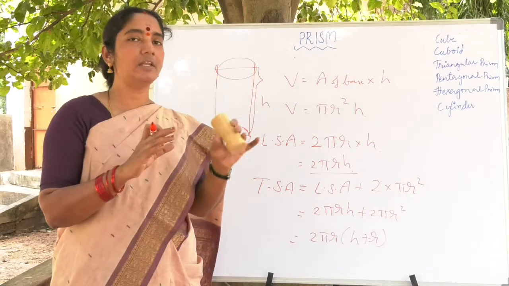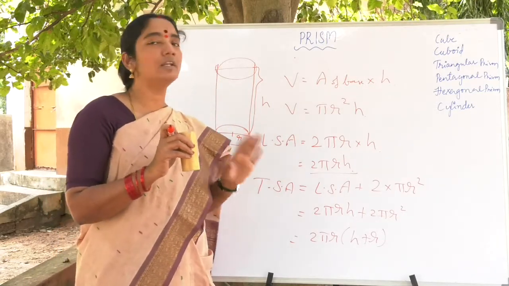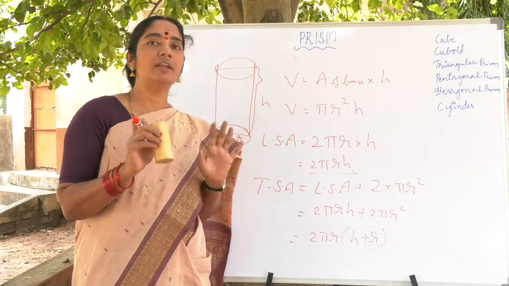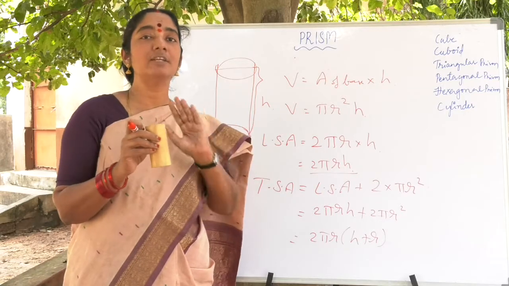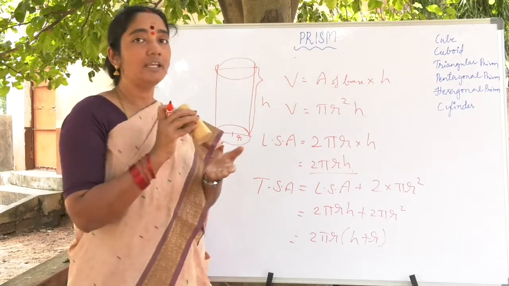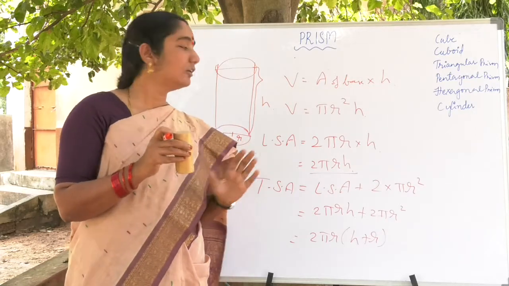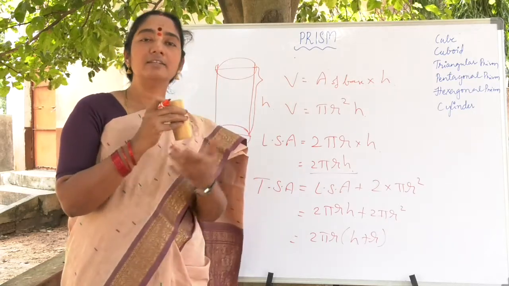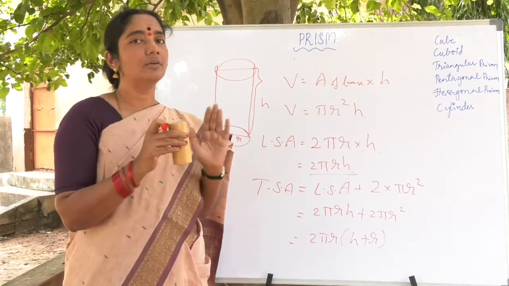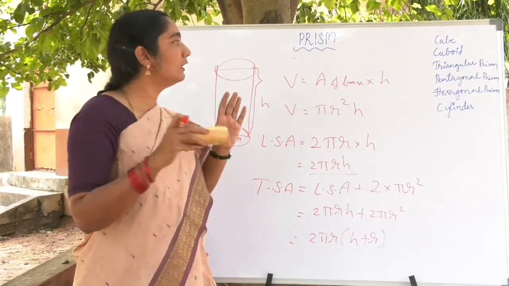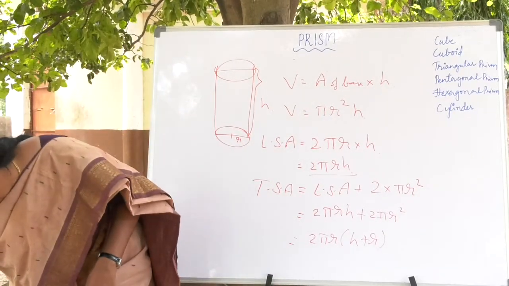In the same way, a cylinder is also a prism. So till now we have discussed all types of prisms, all varieties of prisms. In all these cases, it is uniform. The formula is fixed: volume is area of the base into height. Lateral surface area is the perimeter of the base into height. Total surface area is the lateral surface area plus the area of the 2 surfaces. So my dear friends, I think now you have understood the different varieties of prisms.